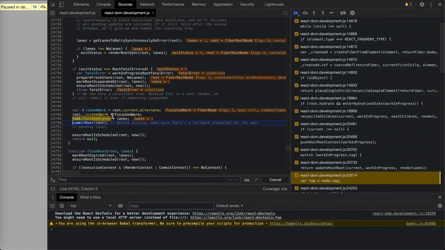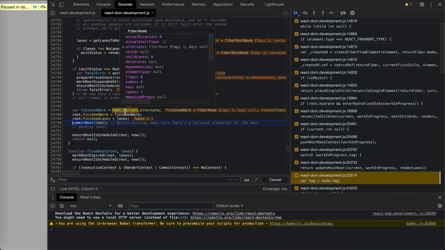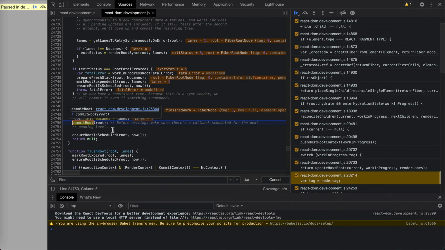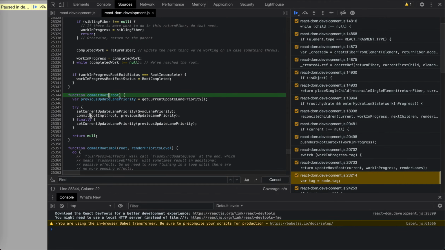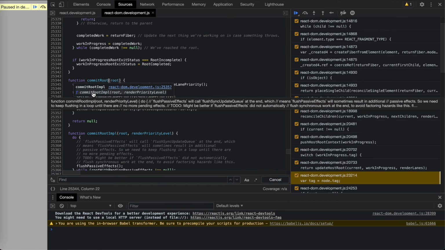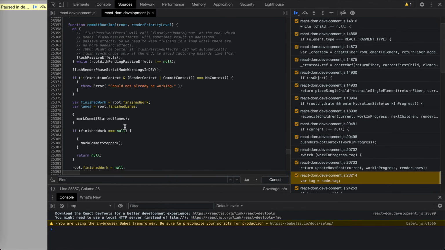It said root finished work is finished work. The finished work is the root current, the alternate. Okay, and then commit root. So we commit it. Let's take a look at the commit root. Commit root, it's called commit root implementation. I would say this implementation, and then